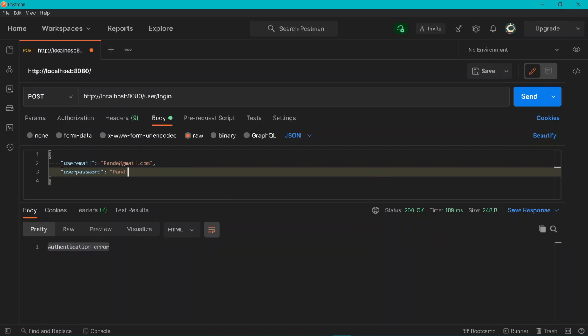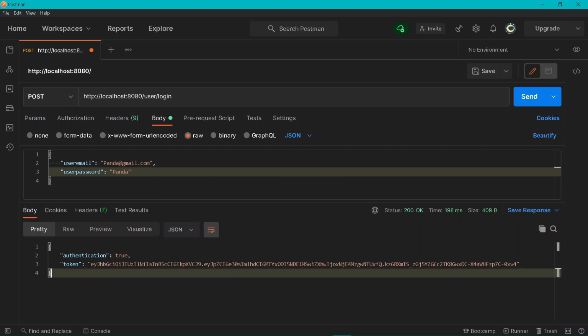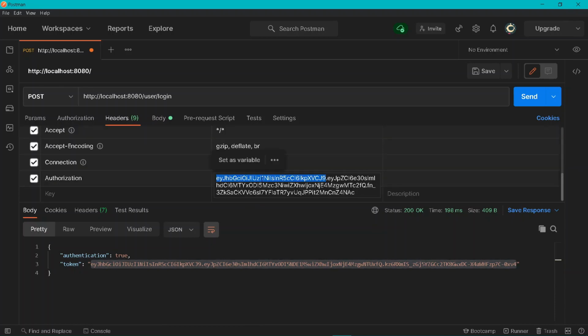And if I remove the following user password from this side, alright, let's add this thing here and press send. I will be getting an error because we have not provided any field. And if I provide here a panda and press send, I will be getting my following authentication token. So if I copy my following token from here, move under my headers and paste this thing here, and instead of post, let's have a get request.